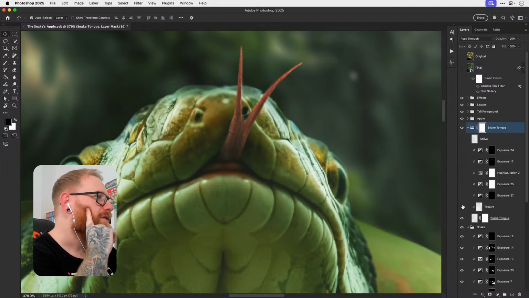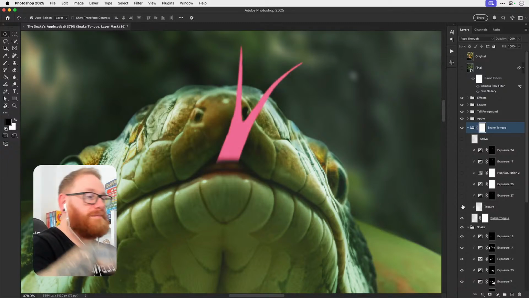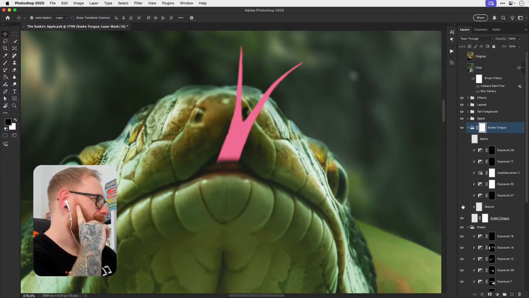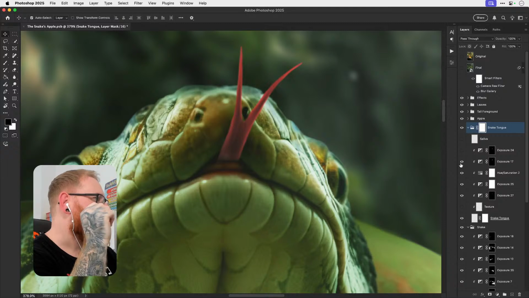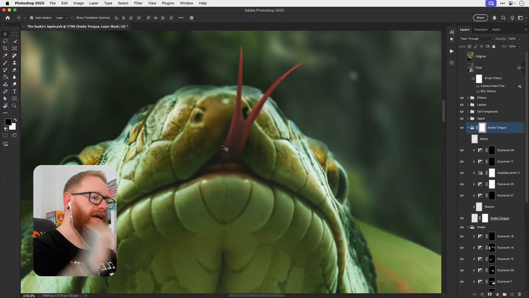It started off just literally brushing in a pink forked tongue. I had a reference image and I had to try and get the angle right. And then it was a case of using the exposure adjustment there to brush in the shadows and the highlights to where I think they would be. Change the color a bit. Yeah, these two made a big difference. And then adding the shadows along the sides